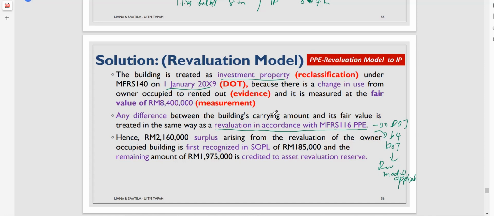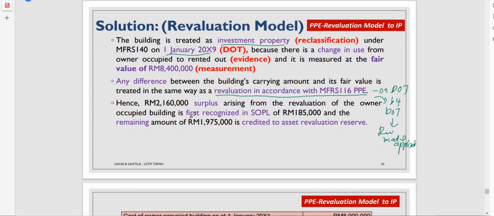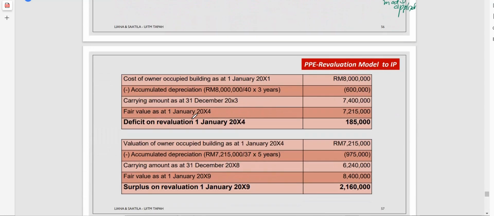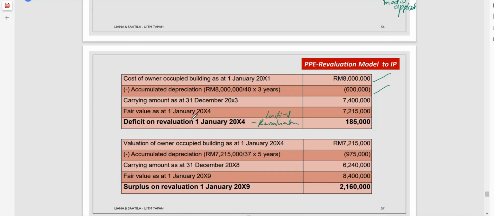So let us look at whether there is first revaluation or second revaluation. For your information, the first or initial revaluation took place on 1st of January X4. So the usual way that you have done for your PPE will be done here. First, find out the cost of that building that was being transferred. Find out the accumulated depreciation from 1st of January X1 up until 31st of December X3. That will give you 600,000. You will get the carrying amount as at 1st of January X4 to be 7.4 million,